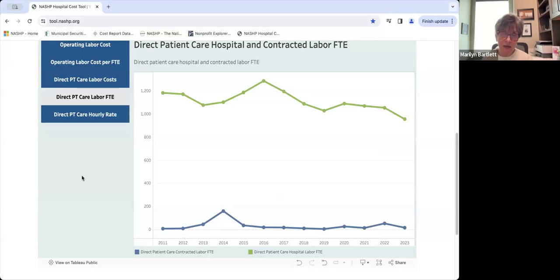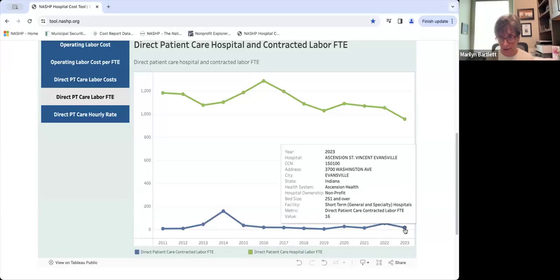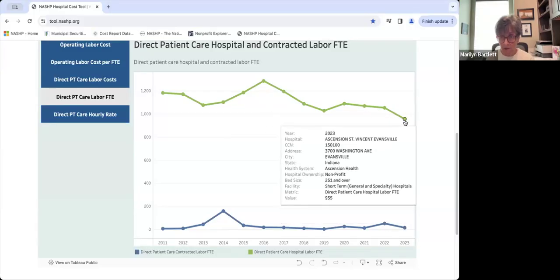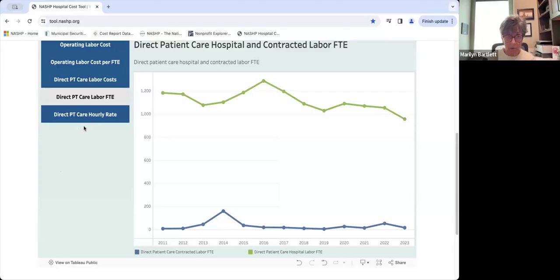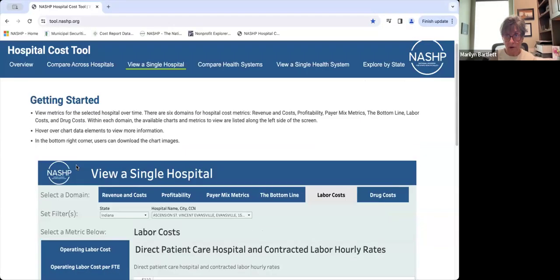This is the direct patient care FTE count. So for this particular hospital, these are the contracted FTEs, 16. Now they've been dropping for salaried, they're at 955. And every labor market, every hospital has their own metrics that they will go by. We look at the hourly rates, and you can hover over to see what those are,